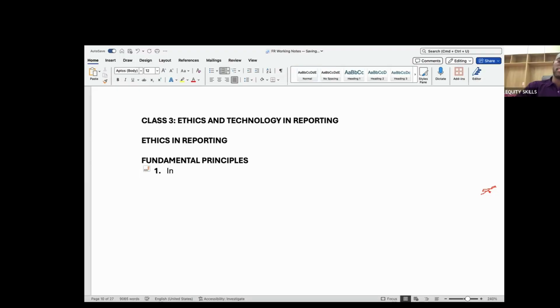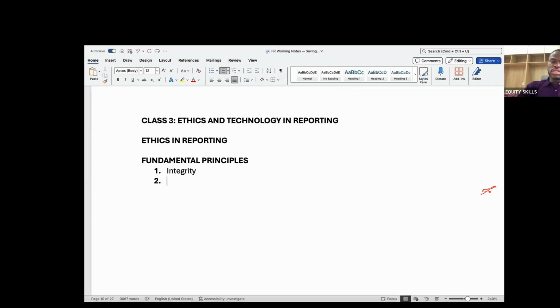And number one of them is integrity. You expect that you have to be honest and straightforward as an accounting student, or if you eventually become an accountant, as an accountant in business or in practice. You have to be an honest and straightforward person. When you say A, you should do A. Let your word be your guide, and let your word be your bond. It's very important. Integrity.